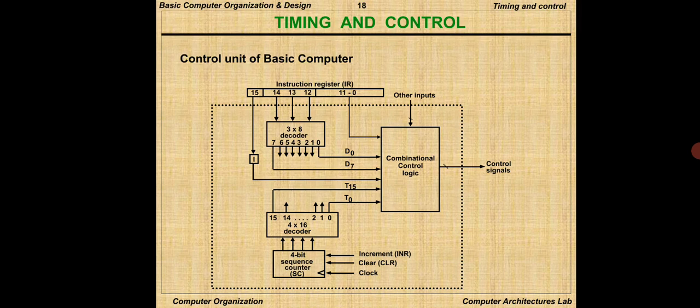At the same time, I should keep in mind that the 16th bit, which is the MSB of your instruction register, comes with your I value. Whether this I value is equal to 0 or 1: if it is equal to 0, then it is a register reference instruction; if it is equal to 1, then it is an IO instruction. That should also be specified to the processor, and it can be generated by a combinational logic control signal. Now, to perform all these operations, we will not be doing them at the same instant of time.